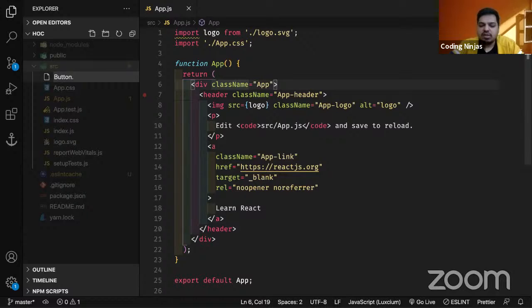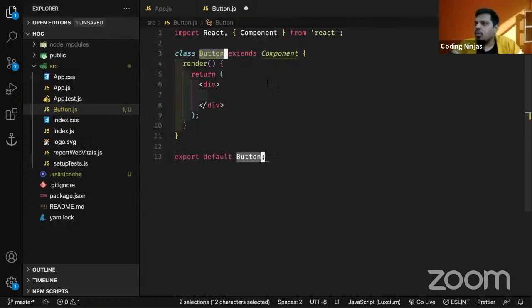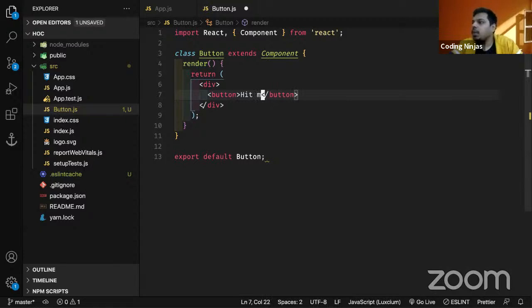Let's call it button.js, right? And let's make it a class. This is my button component, guys. Okay, cool. So this is my component, and this will basically be a button, nothing else, a simple button. And here you can see this is JSX. It is not actually HTML. It's kind of like HTML. If you know HTML, it would be great. And let's call it hit me or